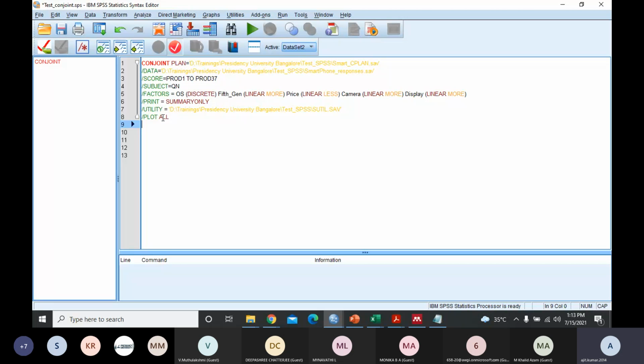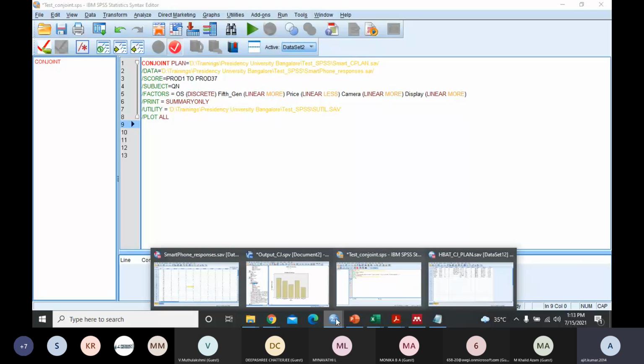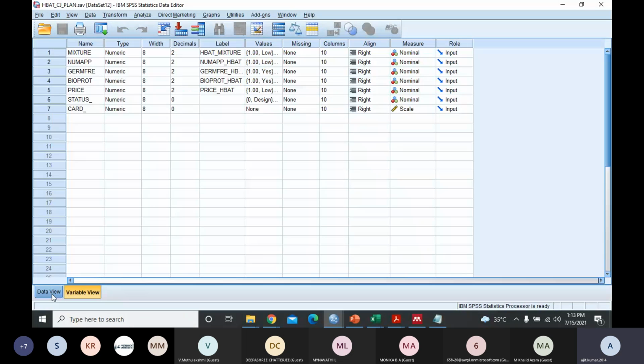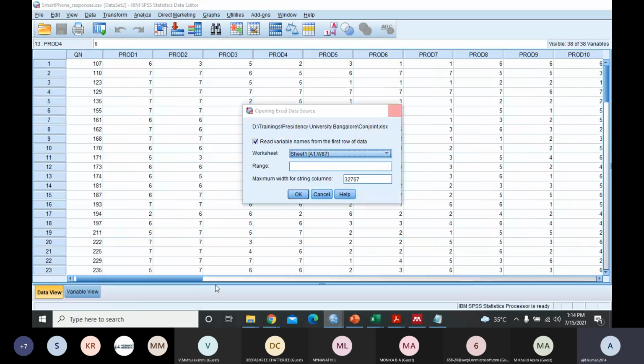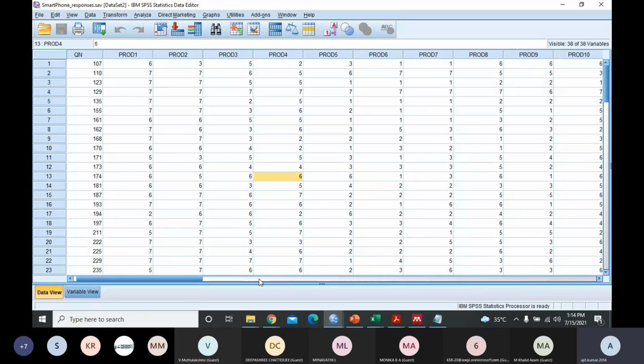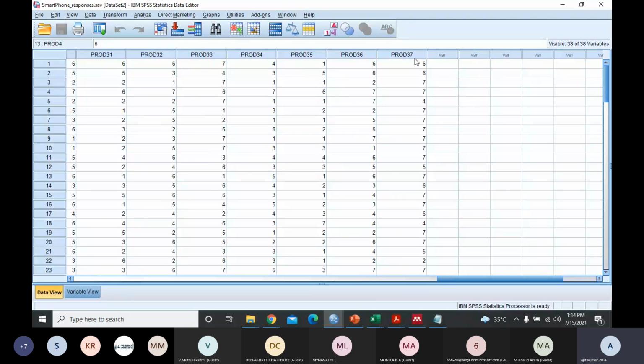So if you run this, there could be certain problems, because based on our understanding we have increased or decreased this. So this is for 22. If there are 22 different combinations, we have to ensure that the consumer preference file will also have these 22 headers only. If there is a difference, for example here there are 37 different response combinations ranked by consumers, then there will be a problem. So what we need to do is match this.